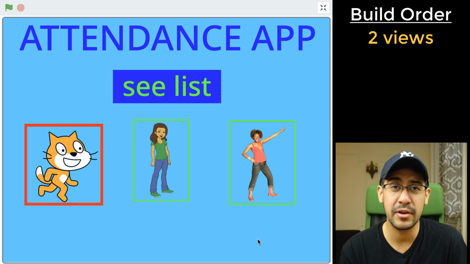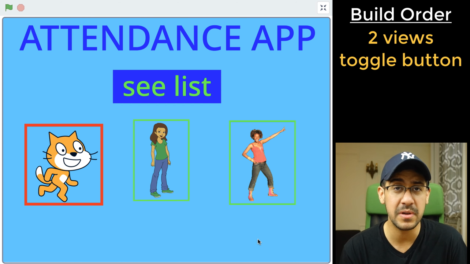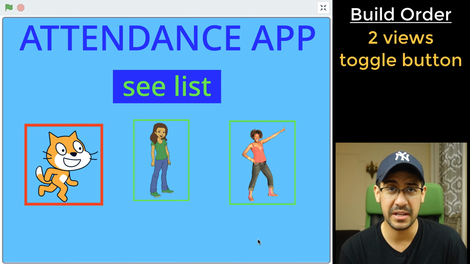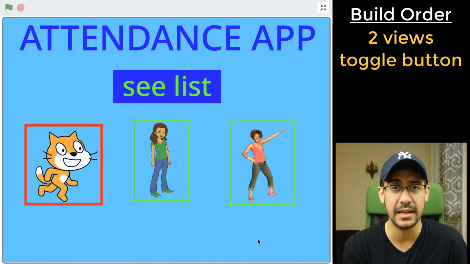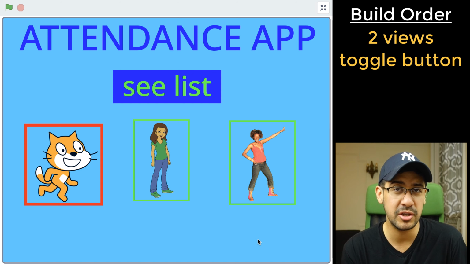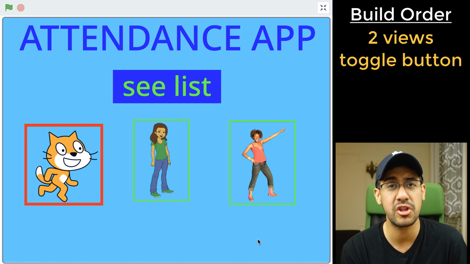Once we build the two views, I want to create a button that can switch between these two views. And when it's on one specific screen, it'll say Go Back, and when it's on the other, it'll say See List. So we have to make sure that we create two costumes in order to do that. We could create two separate buttons, but I think one button is fine, and then we just change the costumes